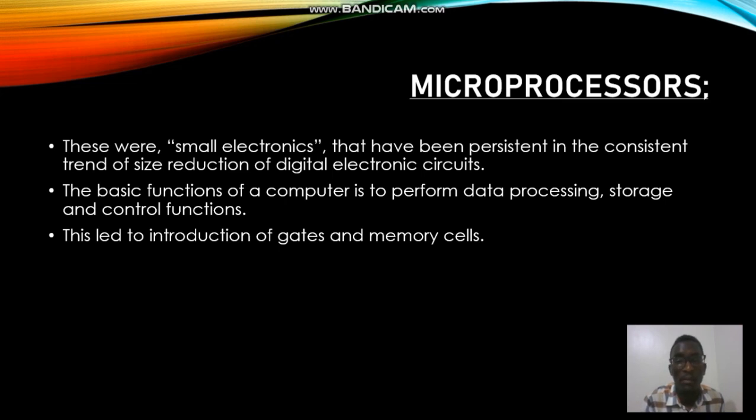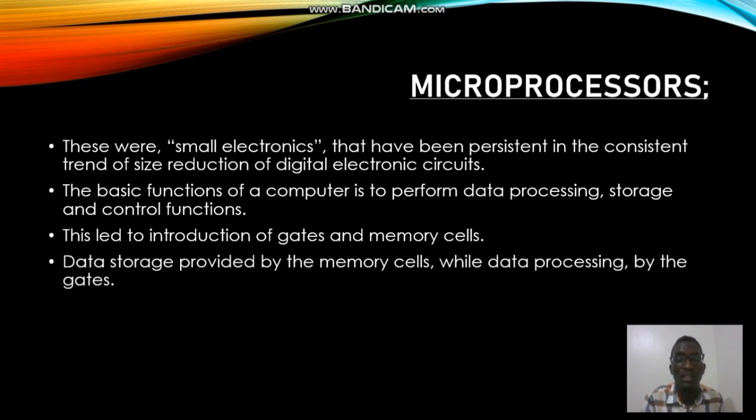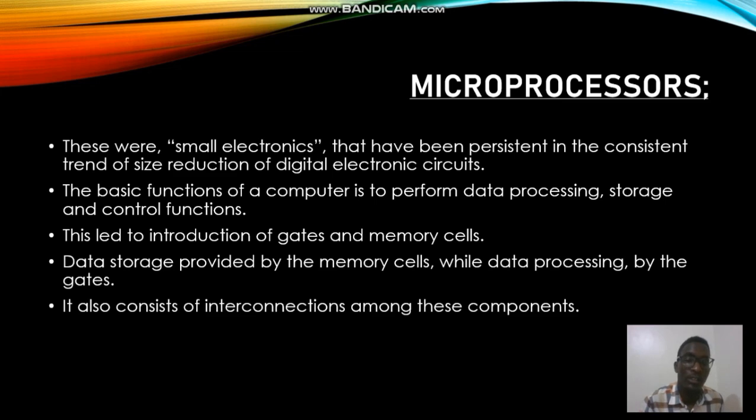Now, the gates were used to do the data processing, while the memory cells were used for storage of data. It also consisted of the connections between the gates and memory cells. These connections, what we call the buses, were also introduced in this era. So now, as you can see, data movement was passed through these interconnections, and these paths also carried the